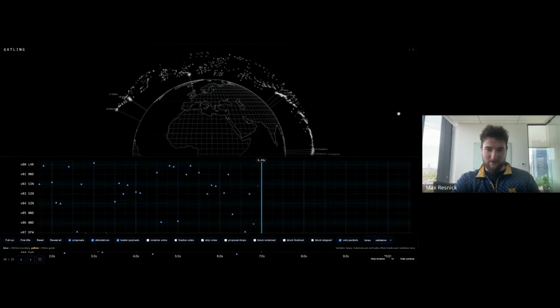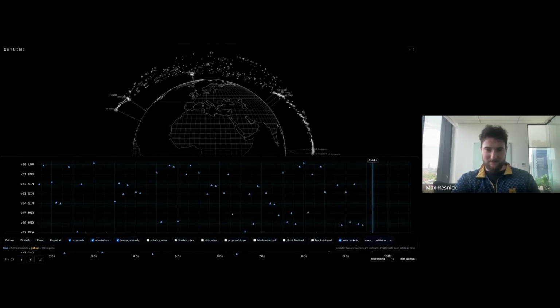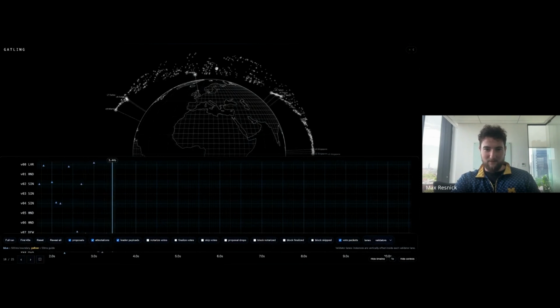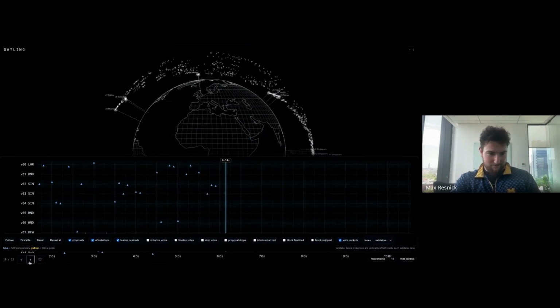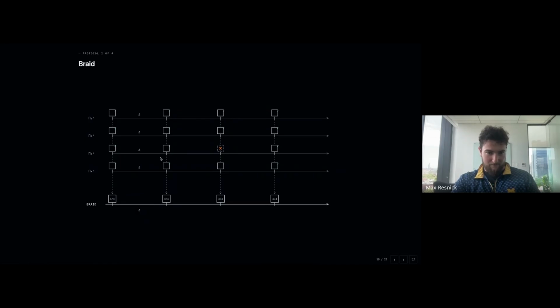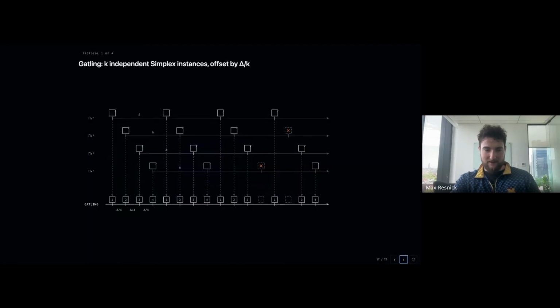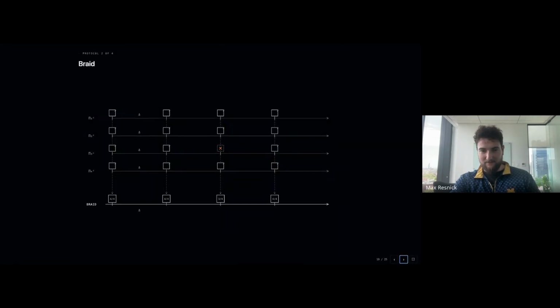Let me talk about some MCP. Also, this is kind of orthogonal to MCP, by the way. We could just do this and MCP as long as we're willing to tolerate even more white dots flying around. So Braid is one of my first proto MCP designs that I came up with. It's very similar to Gatling. With Gatling, we had the offsets. With Braid, we don't have the offsets. And then we're going to add that merge rule logic in to figure out what the final block that we execute is. And if a block gets skipped, then we'll just have 3 of the 4 that we confirm. Okay.